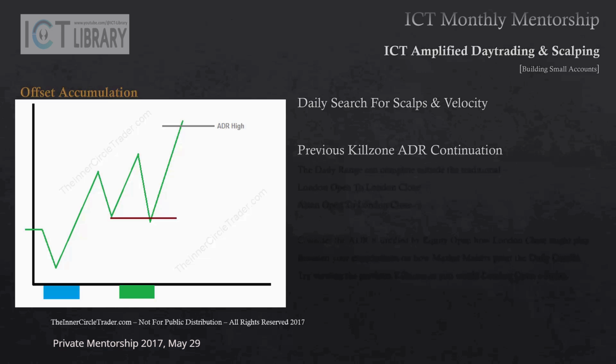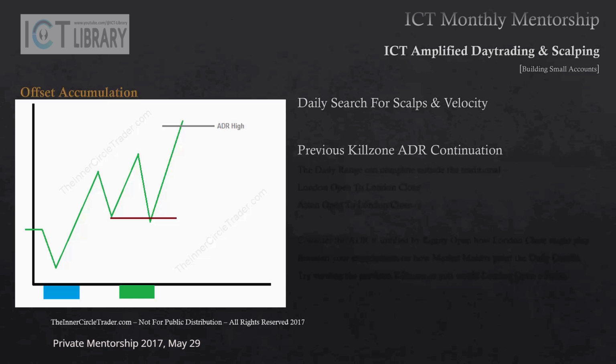Now if I were to ask you, what am I outlining here, or what's the diagram crudely depicting? Without a doubt, most of you would say, well, that's obvious, that's a buy day. It opens, and it declines down into London, creating the low of the day. Then it goes into some consolidation, then it rallies up, creates a buy after a stop run on a New York session low, and then rallies up to ADR high. And this is true. This is one potential outline that would be a match.